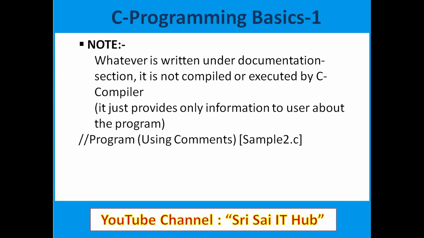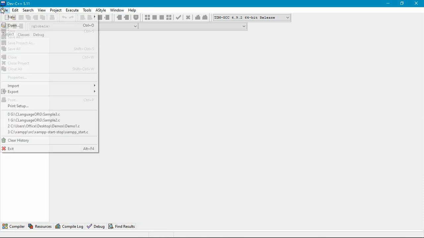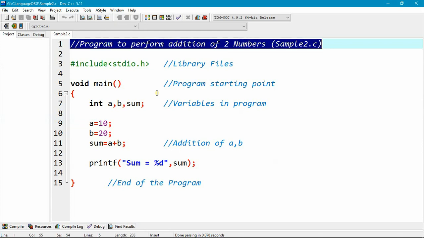Let's open Dev C++, which is already open in my system. I have already written this program sample2.c, and it is also saved in our working directory. The first thing, the documentation section: program to perform addition of two numbers, sample2.c.